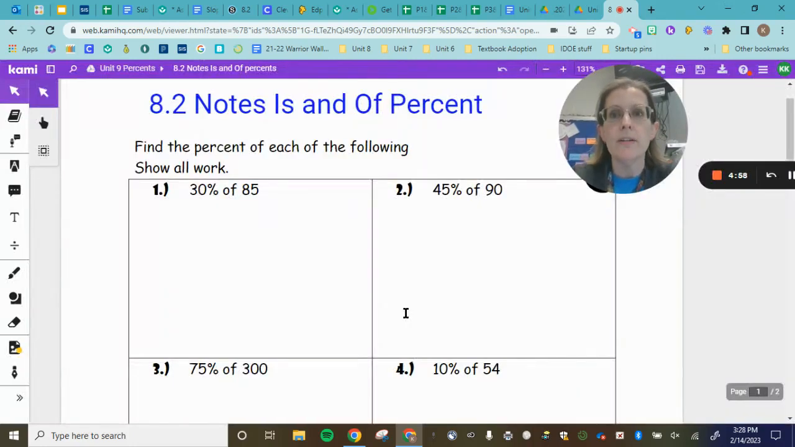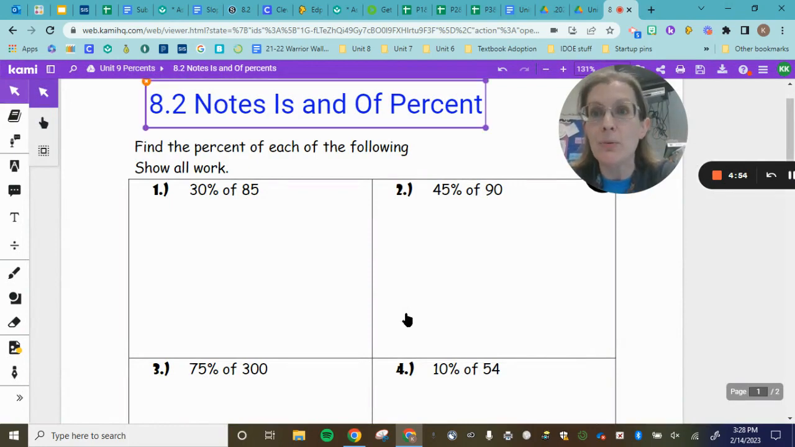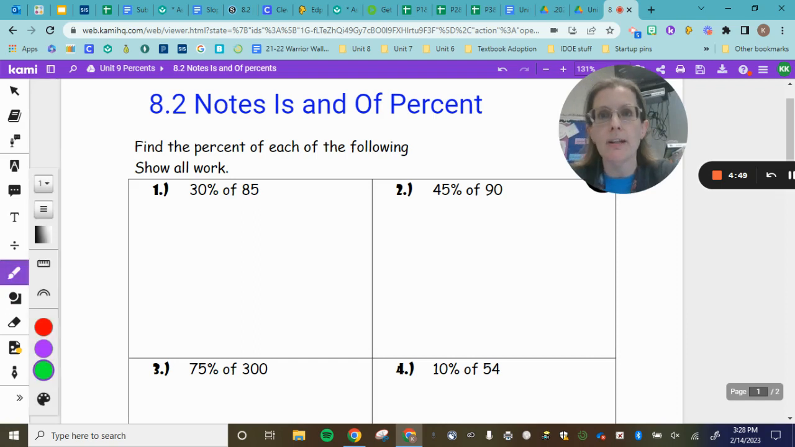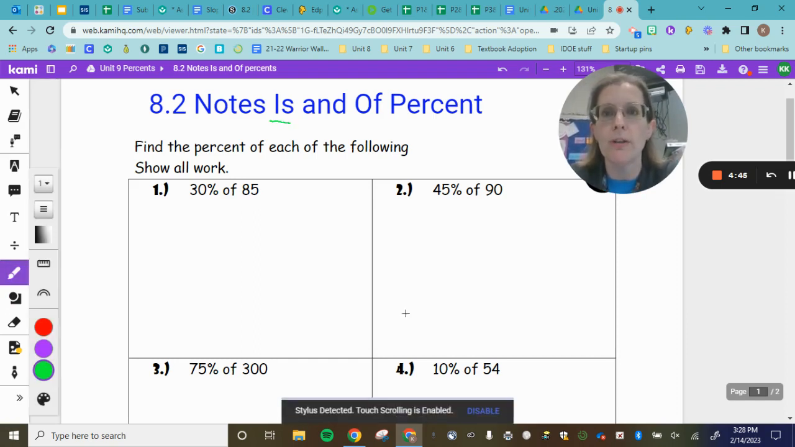Today in, that should say unit 9, sorry, unit 9.2. I'll have to fix that later. So today in unit 9, we are talking about the most basic percent proportion, the one that uses is and